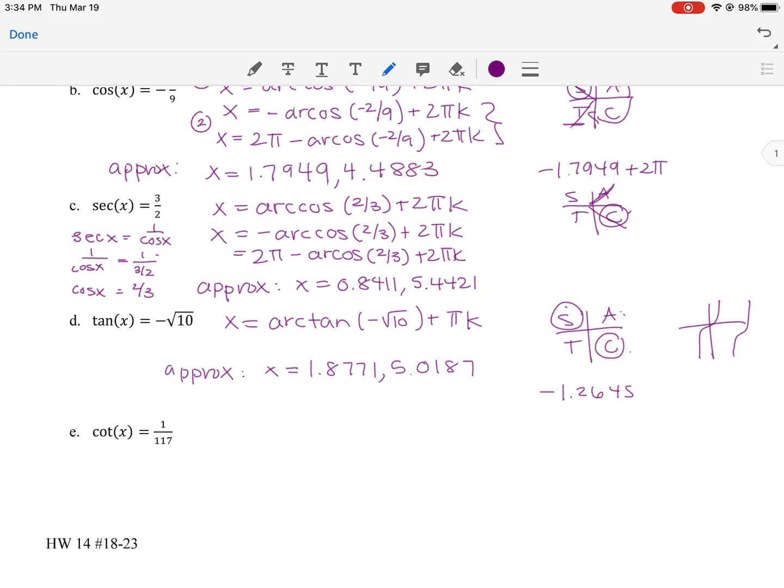Okay, I'm going to give you the answer to this next one, but I want you to kind of reason through why this would be the case. X will equal arctangent of 117 plus pi k, and your approximate answers are x equals 223, and 4.7034. All right, that's it for 6.1. You're now ready to do